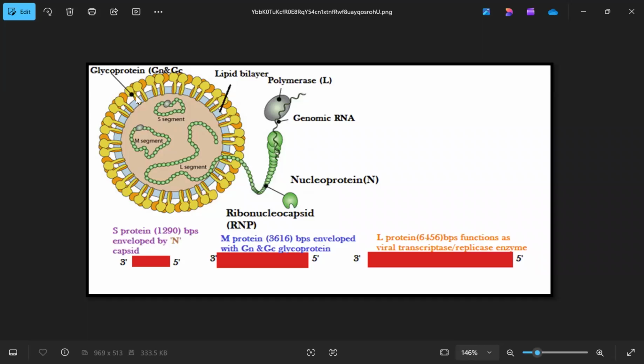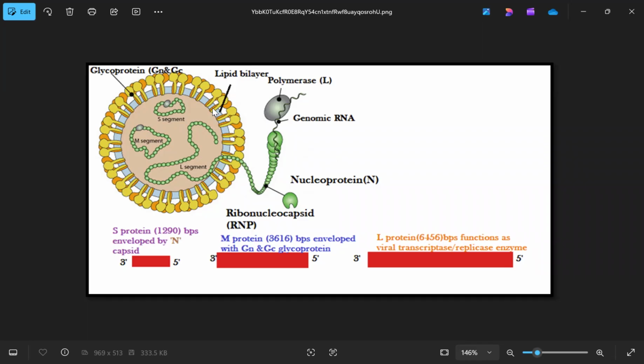and glycoproteins GN and GC. The glycoproteins GN and GC are the spikes. The attachment point primarily is the GN, and that attaches to the protocadherin 1 receptor. Now, the